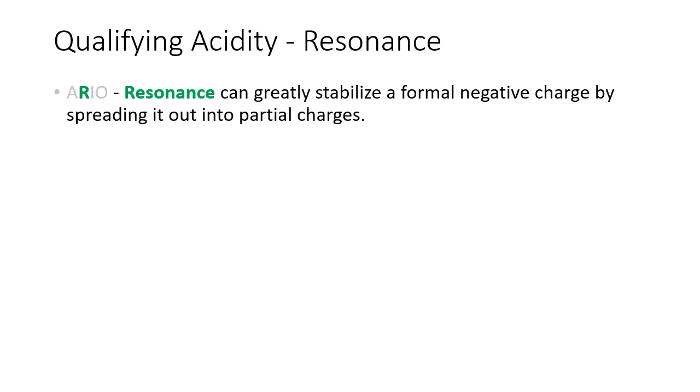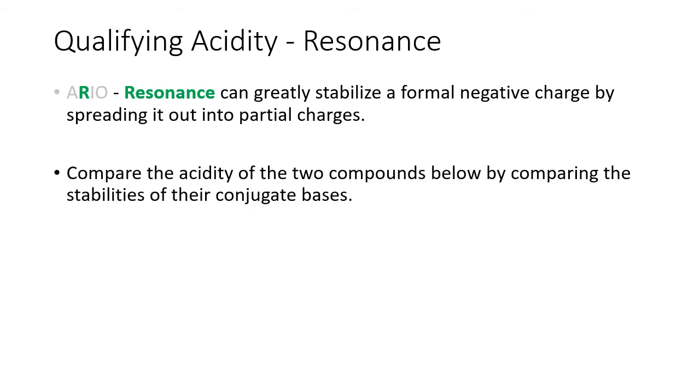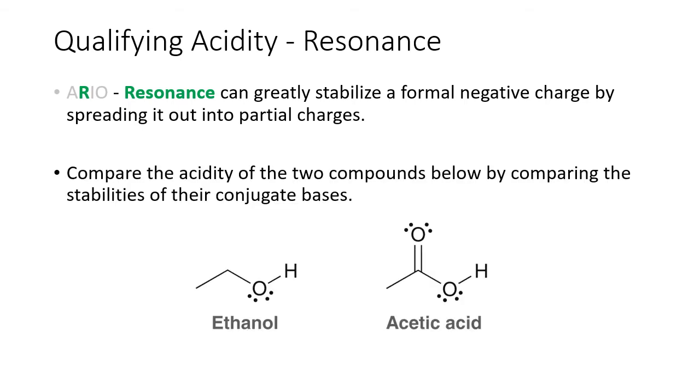Next, the second factor to usually consider is, do you have any resonance? Resonance will greatly stabilize a formal charge if you have it by delocalizing it across multiple atoms. So it'll spread it out. Let's compare two organic compounds that could act as acids. The first one, ethanol, is an alcohol. Remember, the alcohol functional group is just the OH portion of it. And then acetic acid is a carboxylic acid